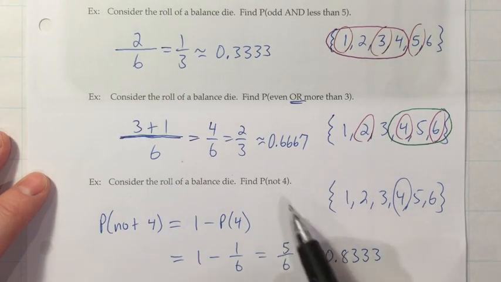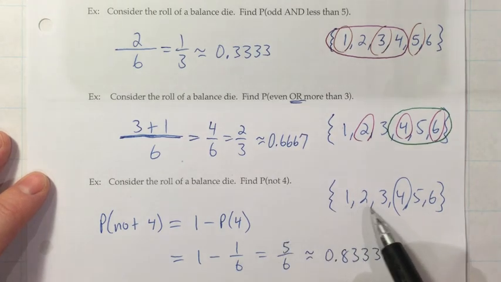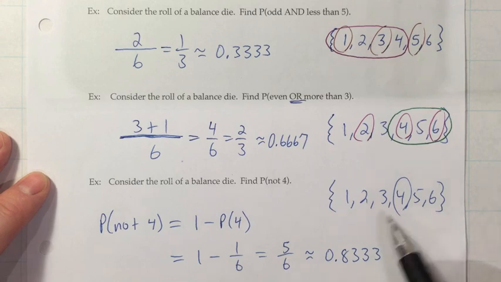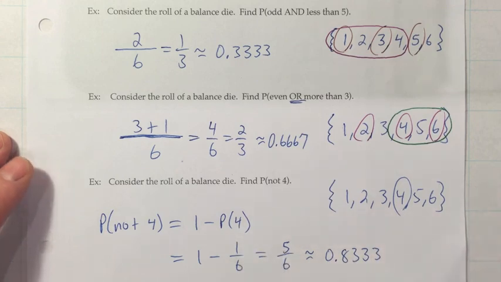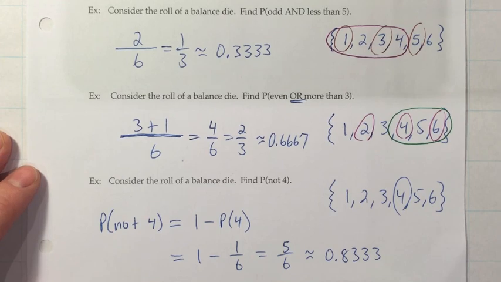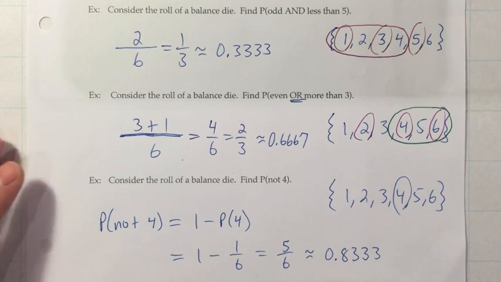So always good to remember this idea that when somebody says what's the probability that you don't get a certain thing, you could think about what does it mean to not get a 4? It could be a 1, a 2, a 3, a 5, or a 6. That's 5 out of the 6 numbers. But you don't really have to think about what the other numbers are. Just subtract out the probability of it getting a 4. But subtract from what? From the total. And when you're doing probability, the total is 1. All right.